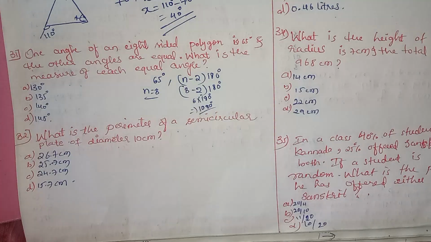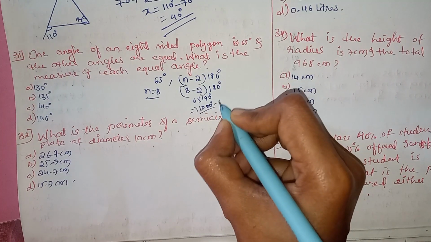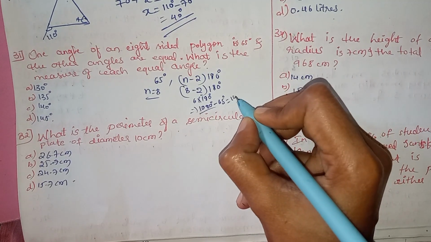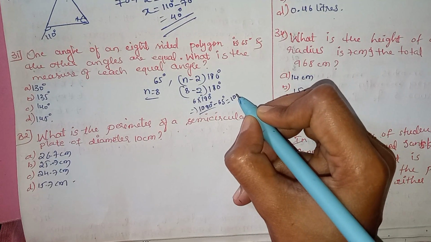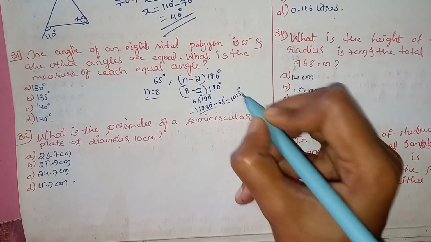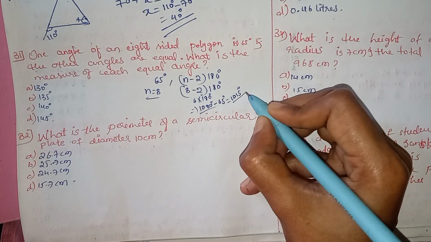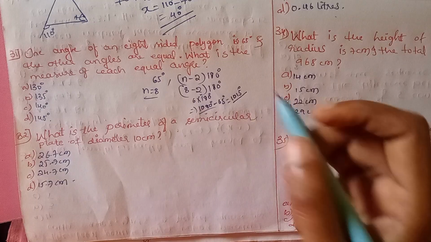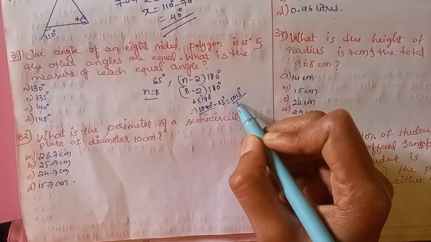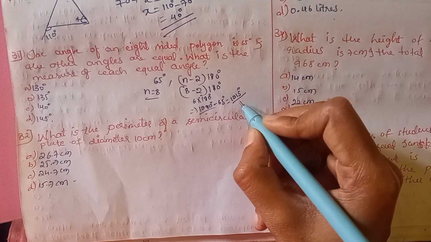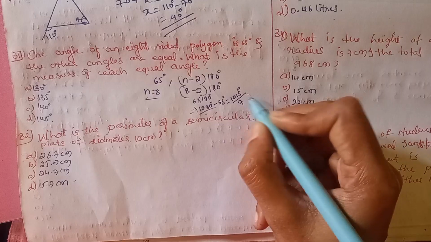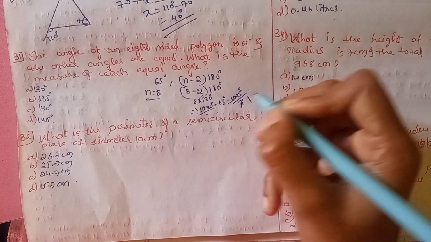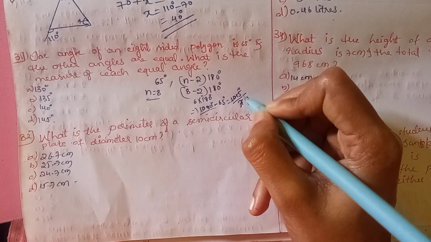We know one angle is 65 degree. So 65 degree if you subtract, what is remaining with us? 1015 is remaining. And we have to divide this among all the remaining 7 angles. We know that remaining angles measurement is 1015 degree. We have to equally divide this among 7 angles. So divided by 7 angles. You will get each angle, as they are equal. That's why I am going to divide this with 7.